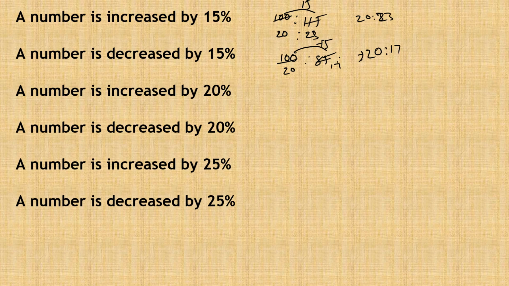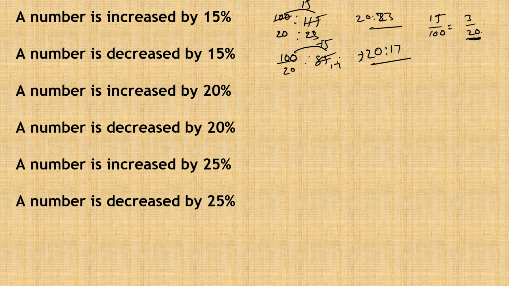You can see here one thing, 15% is nothing but 15 by 100 is equal to 3 by 20. A number is increased by 15%, then the number was 20 and it increased by 3, that is 20:23. A number is decreased by 15%, the number was 20, 15% denotes 3 by 20, that is 20 minus 3,